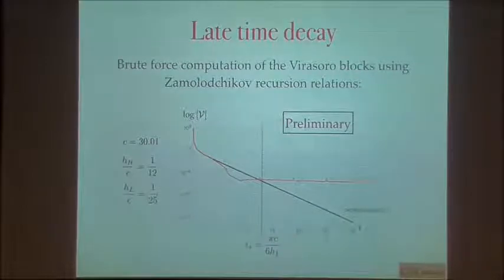Okay, so we have partially resolved the late-time decay in the sense that we find the exact block indeed goes away from the semi-classical block at the time scale we expect, but it's not fully resolved because each Virasoro block still decays exponentially. This is actually quite expected because the vacuum block, if you look at the vacuum block in the,